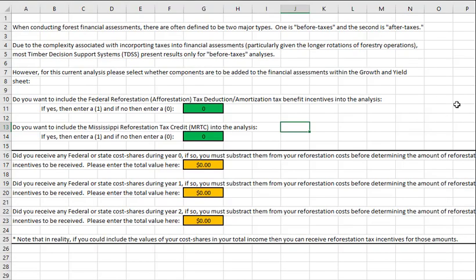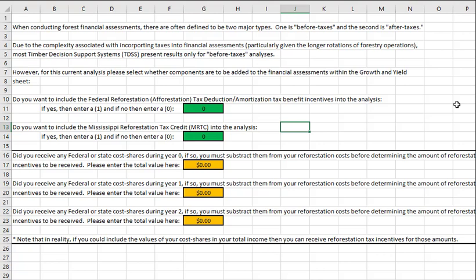And then this allows you to do after taxes financial assessments on the reforestation. At this time I don't have basis and long-term capital gains or taxes owed on harvesting activities, as well as the capitalizing or expensing, say, of property taxes or other costs associated with operational management activities or carrying costs. And of course that's going to depend on whether you're a business, an investor, hobby, so that may come with time. But nonetheless, you can learn about the federal reforestation tax deduction and amortization incentives, and then Mississippi has the